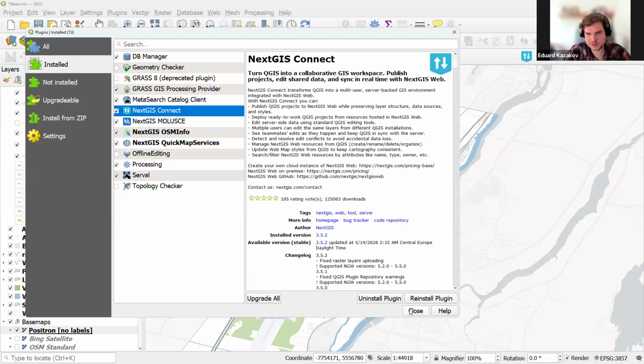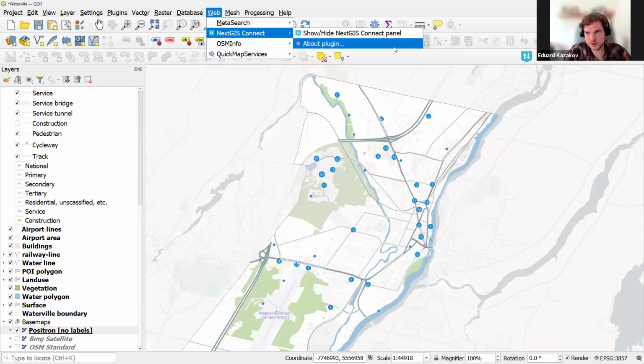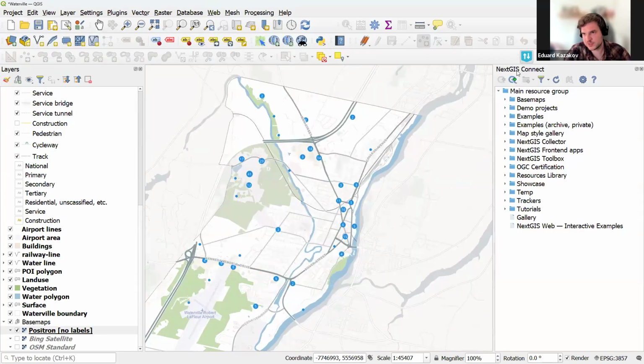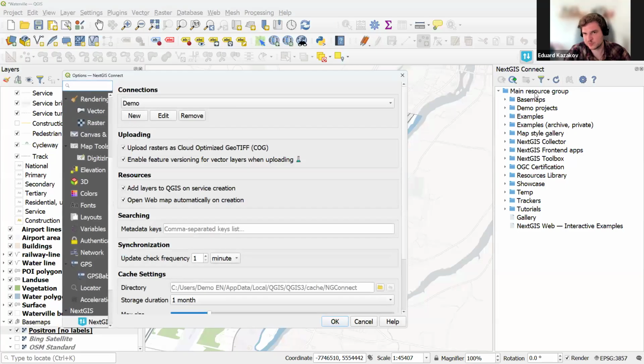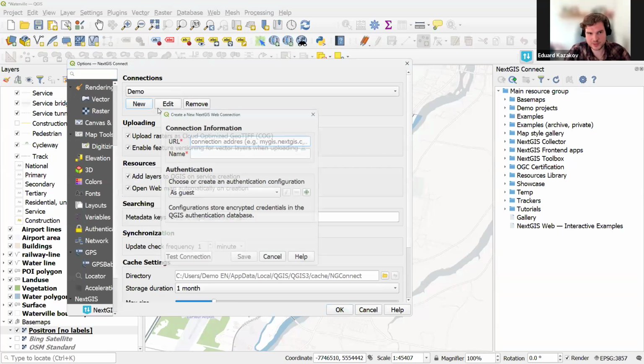Simply find it, install it, and after that you will see it in the web menu, like here, NextGIS Connect, or here on the toolbar, NextGIS Connect toolbar. The only thing you need from NextGIS Connect is this panel. You can open or close it using this button. In this panel, I have a connection pre-configured, but you can connect to any